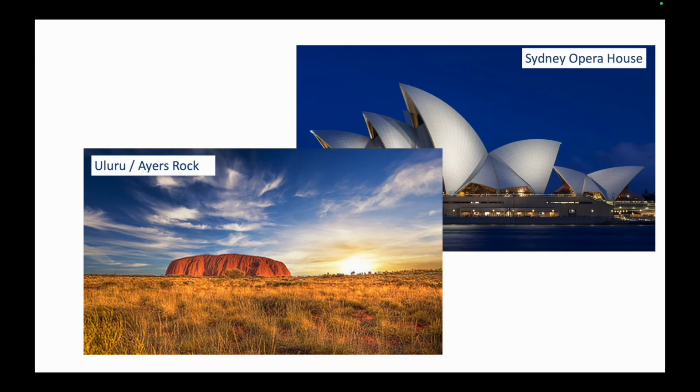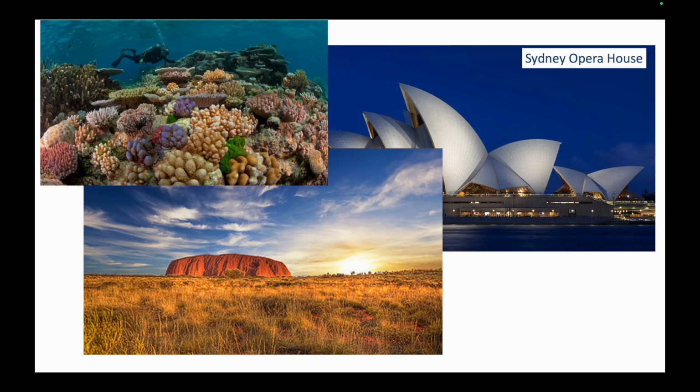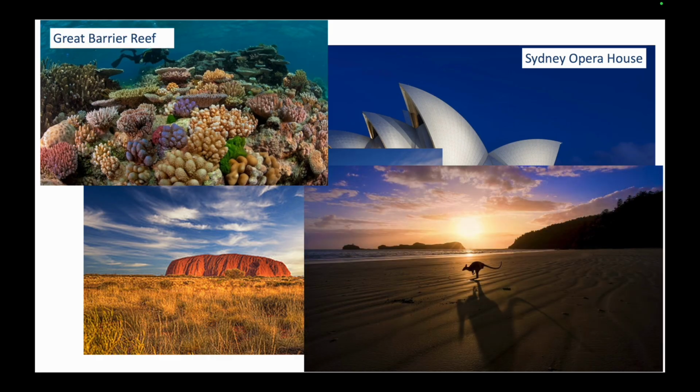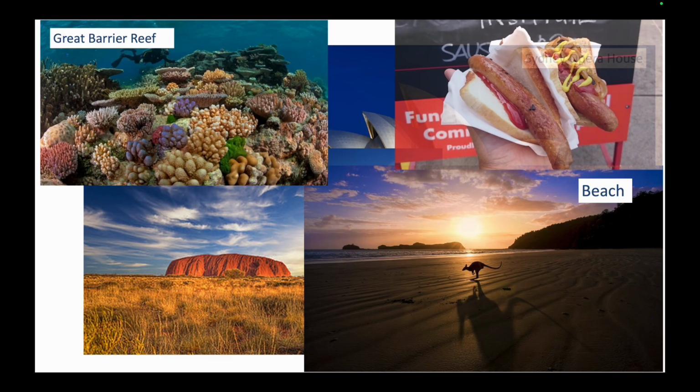And I'm like, the big orange rock in the middle of Australia, Nemo's home. So I tie into things that they know. And then I'm like, what's this? They're like, kangaroo. I'm like, yes, there's a kangaroo, but where? On a beach. So I'm using those question words as well.